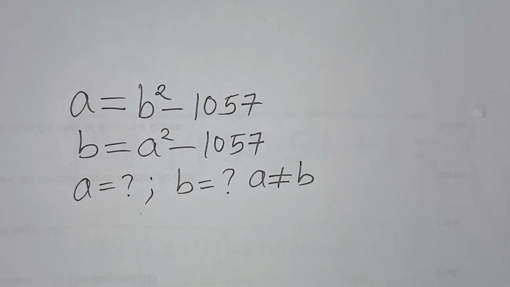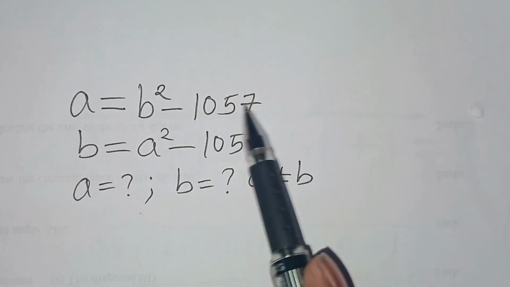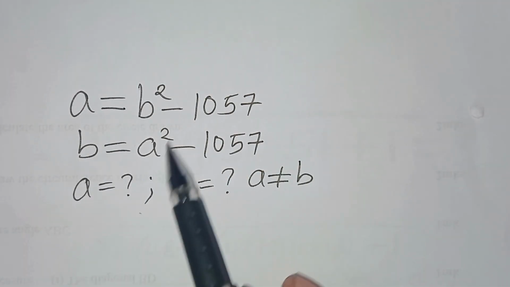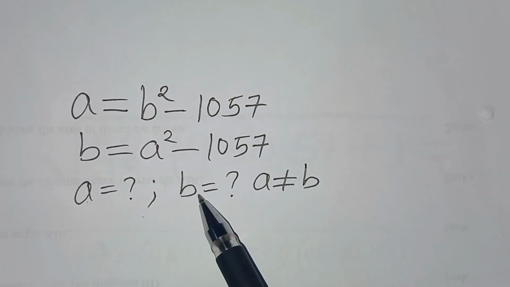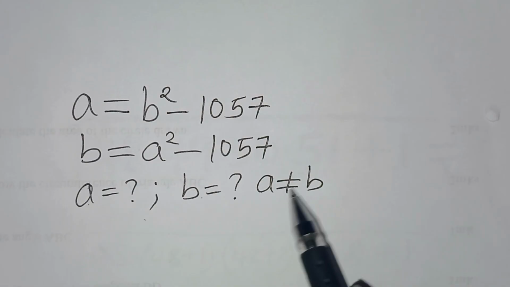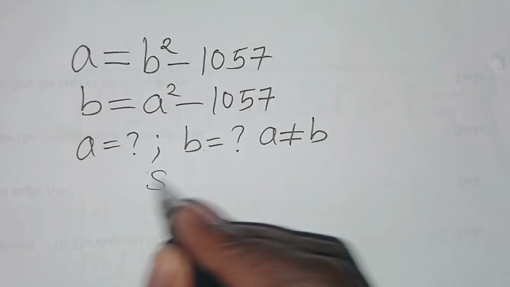Hello everyone, you're welcome to solve this nice algebra problem, which is a is equal to b squared minus 1057, b is equal to a squared minus 1057. So what is the value of a and b? And given that a is not equal to b. Now solution here,